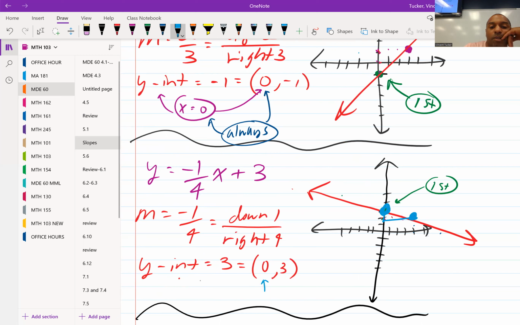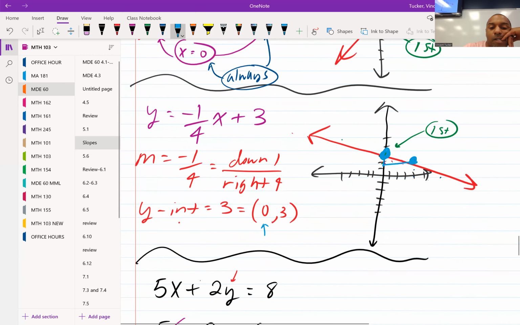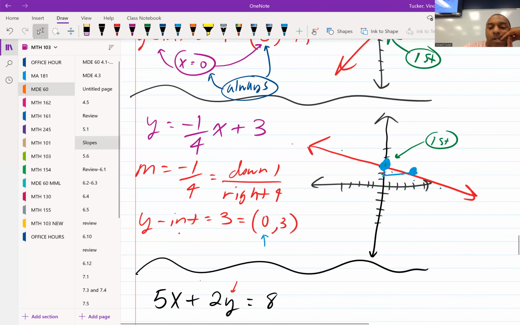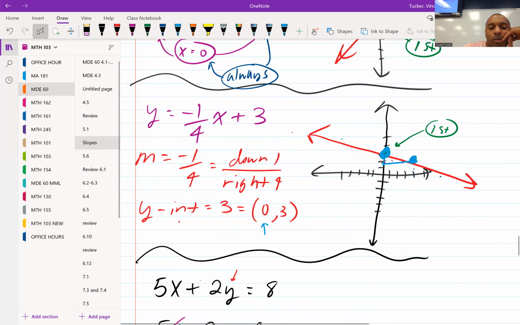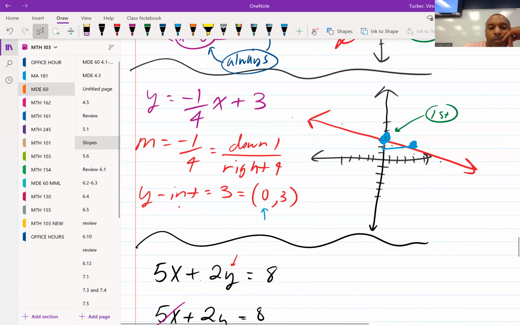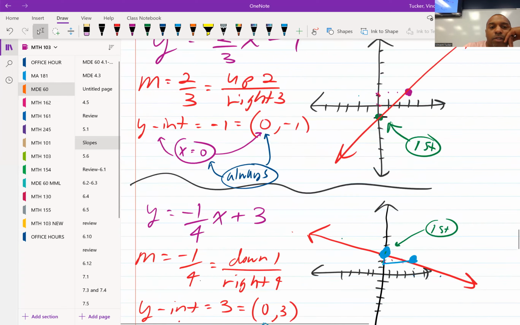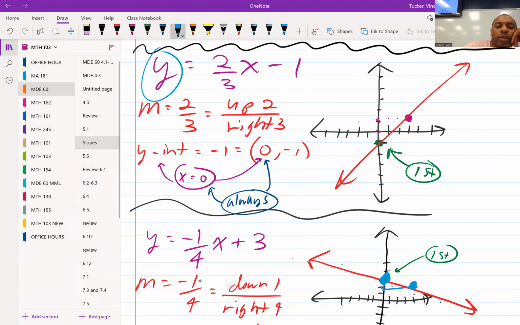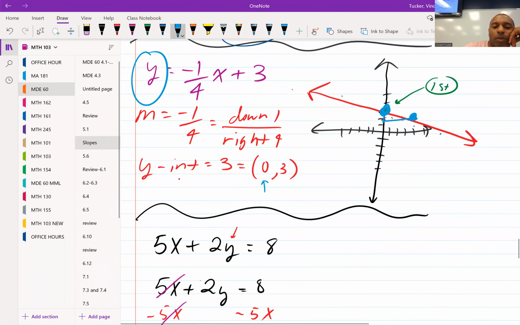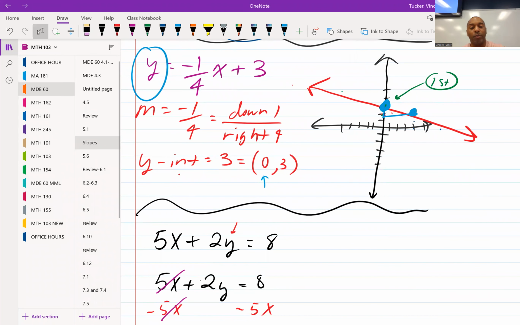Questions? Any questions? We can do one more. So notice in these last two, our equation was already solved for y. If your equation is not solved for y, it would be in your best interest to go ahead and do so. So if I have 5x plus 2y equal to 8, and I want to solve my equation for y